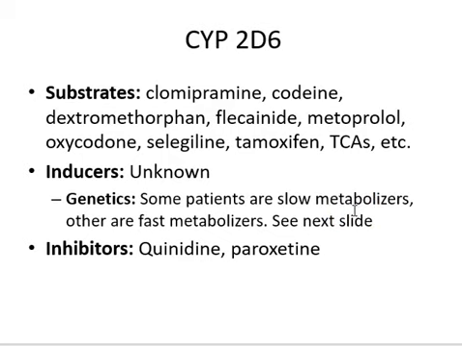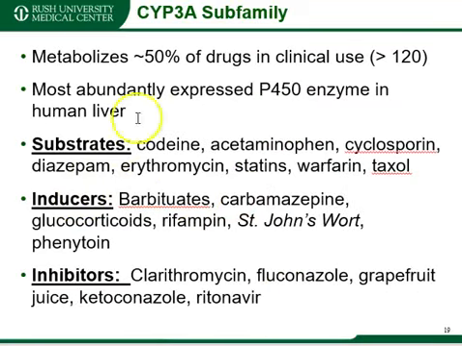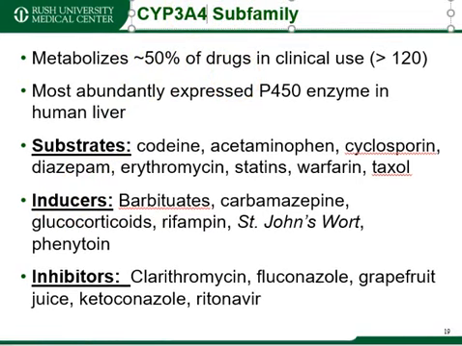In terms of inhibitors of CYP2D6, there's not that many. Quinidine and paroxetine, an antidepressant, are really the only two well-known drugs that are usually referenced in the literature. I'm sure there's probably one or two more inhibitors, but again, I'm not going to ask you that specifically. The main concept here is that when we talk about CYP enzyme induction, we're referring to CYP3A, specifically CYP3A4. This is all generalities about the CYP3A family, but what we're talking about in terms of the drugs is really the CYP3A4